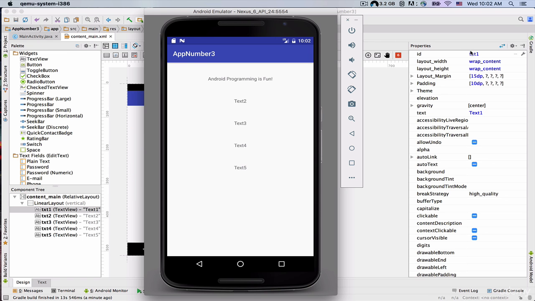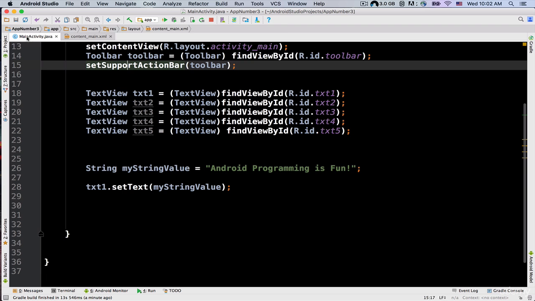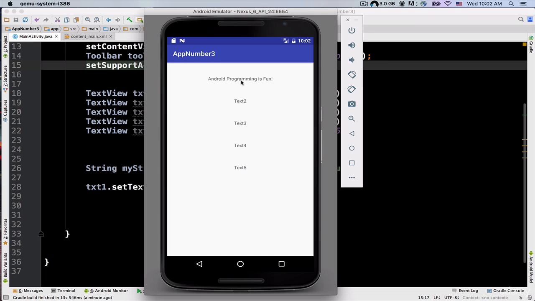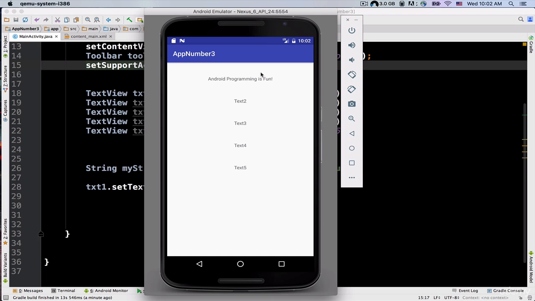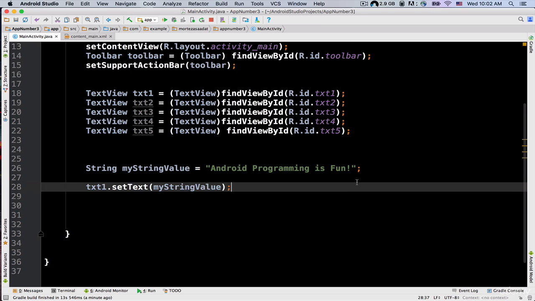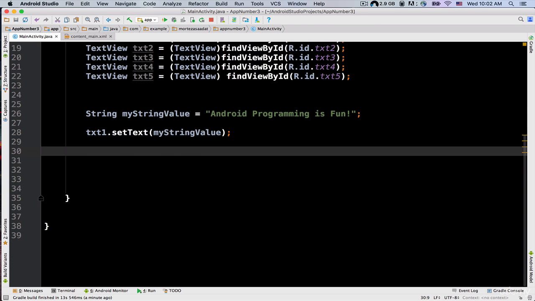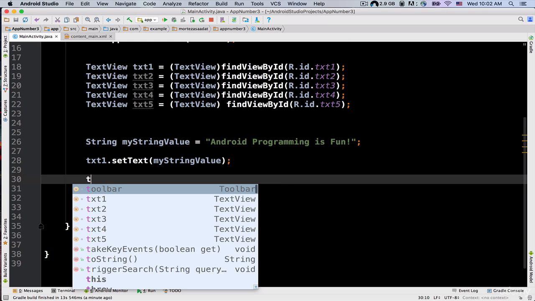So by just referring to this ID of this text one, txt1, I could manipulate the text of this text one. So txt1.setText, and we just need to pass a string value to this method. In this way, we are changing the text of the text one. Android programming is fun. So now let's add some more quotes here. It's really fun. So this time I am going to refer to this txt2. So I can say